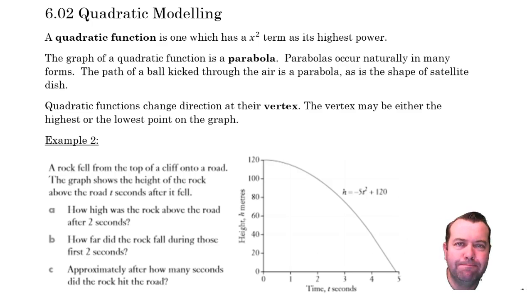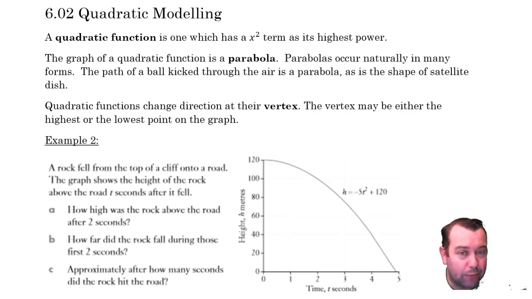Now, a quadratic function is going to be a curve, and it's going to have an x squared in it. It's not going to have a cube or anything like that. X squared is going to be the highest power, and that's what controls most of these things. It's going to have a bit of a curve. If I draw enough of it, it will take on the form of a parabola, which is sort of like